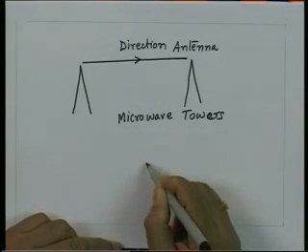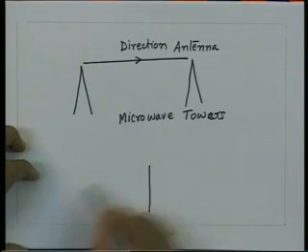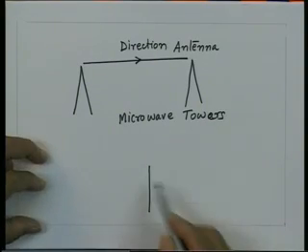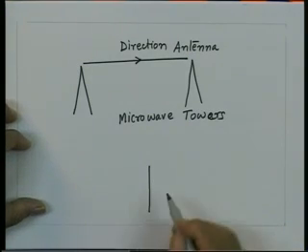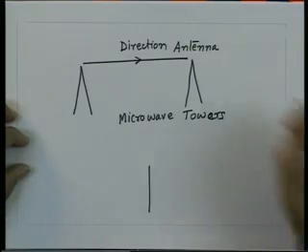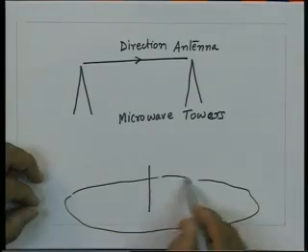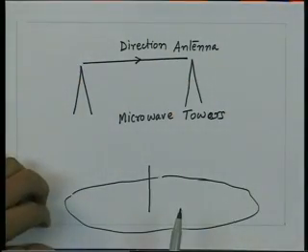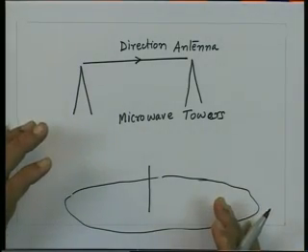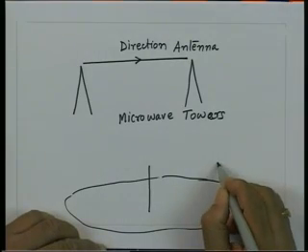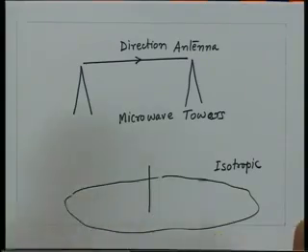The other situation might be I have a radio station and there is a city around it, and we want to have a broadcasting from this radio station. Obviously, now we are not interested in sending the signal from the radio station to a particular house. We want to distribute now the power as uniformly across the city as possible. So, we have now a region which is around this where the radiation should go as uniformly as possible. So, in this case I require an antenna which is as isotropic as possible. So, we can require an antenna which is isotropic. That means it should not have directional dependence.